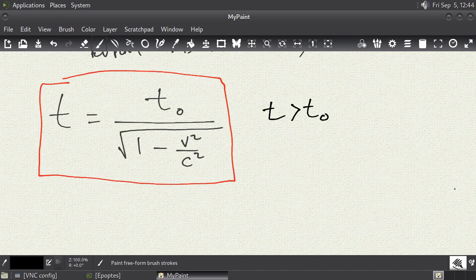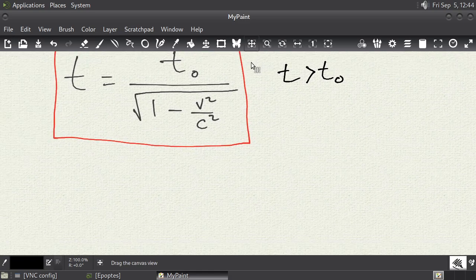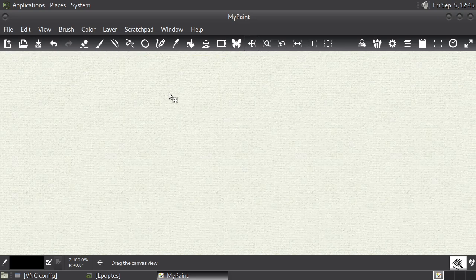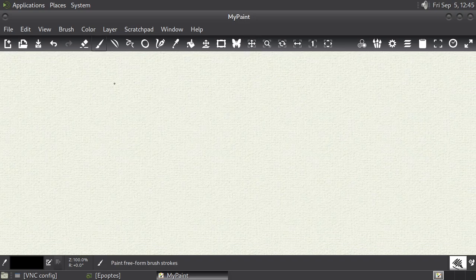Now, v is the velocity, which is obviously less than the speed of light. But how does this equation come to be? How is this equation derived? How do we figure it out? The easiest way to do this, we'll come back and talk about how to use it, but first let's try to figure out how it was derived. The best way to do this is to simulate a clock.